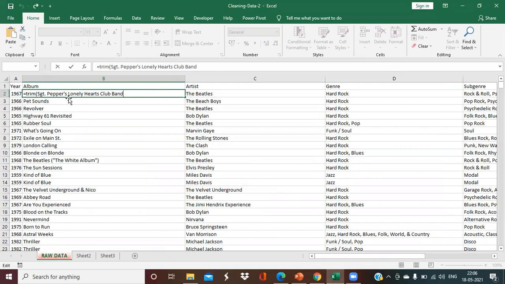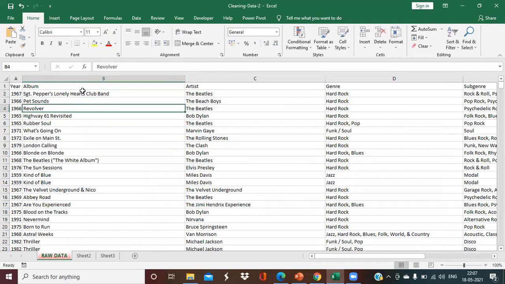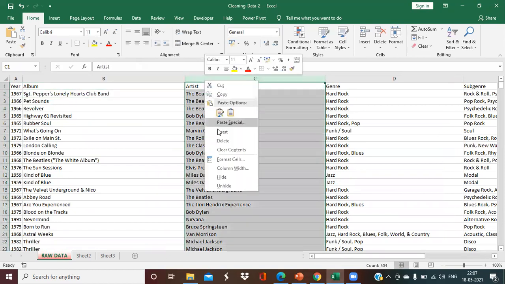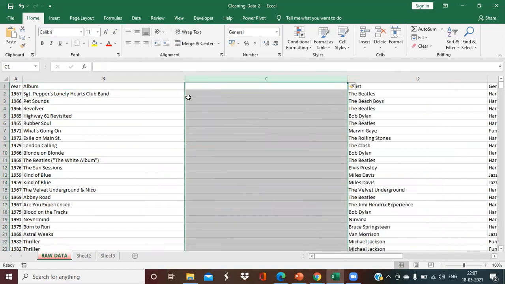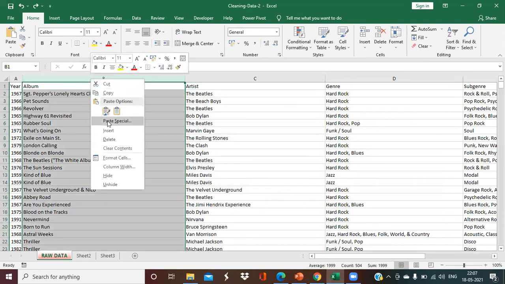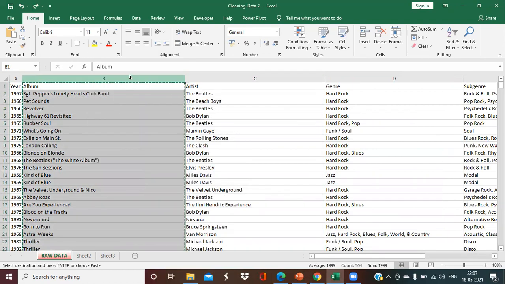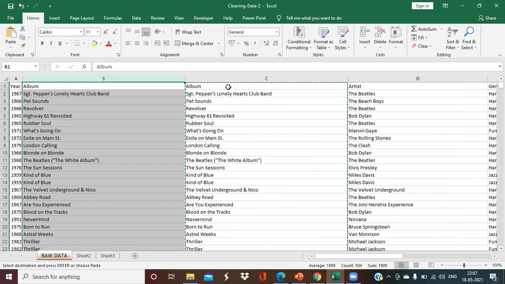Instead of putting a function directly here, the better way is to create an extra column. You can copy this column and insert copied cells here.